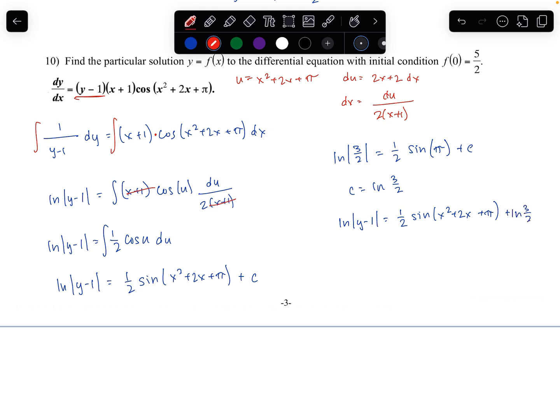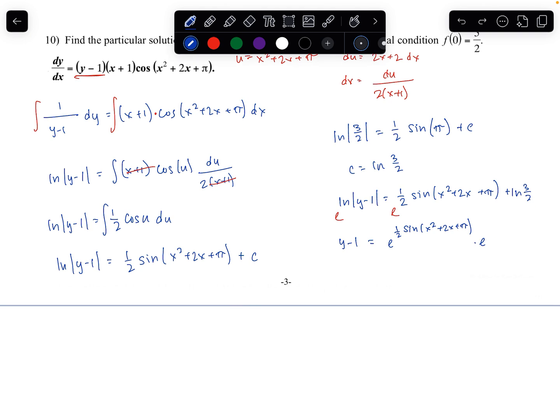We'll do a base e. Keeping in mind, I like to do that trick, so y minus 1 will be equal to e to the, ooh, that is ugly, 1/2 sine of x squared plus 2x plus pi, times e to the natural log of 3/2, which will then be equal to 3/2 e to the 1/2 sine of x squared plus 2x plus pi, and then plus 1 right here, so plus 1. Okay,